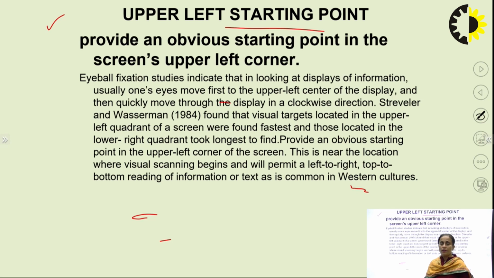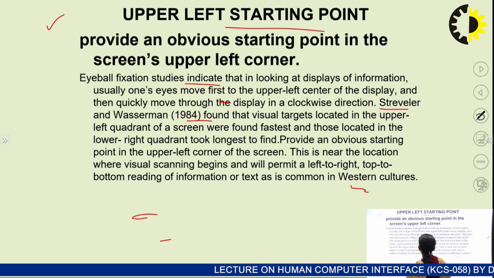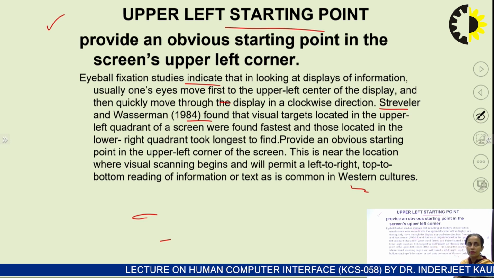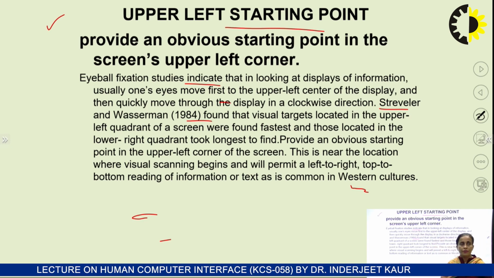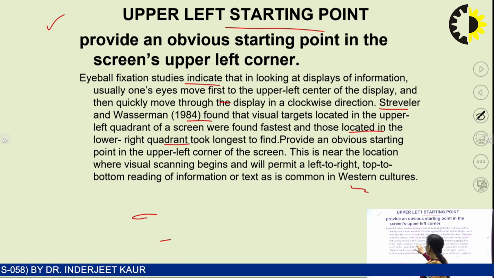So we should provide an obvious starting point in the screen that is defined as the upper left corner. Our eyeball fixation studies also indicate that if we are looking at any kind of information, our eyeball moves from upper left to right and then so on. The study by Stravler and Wasserman in 1984 found that visual targets located in the upper left quadrant of the screen were found the fastest, and those in the lower right quadrant took the